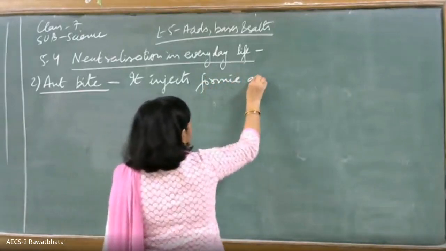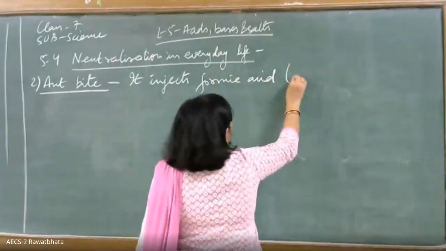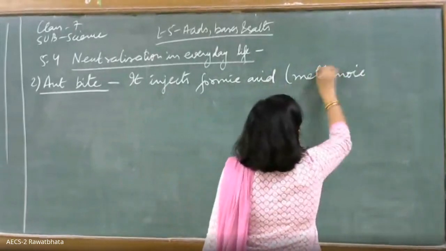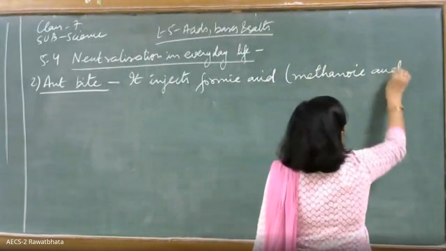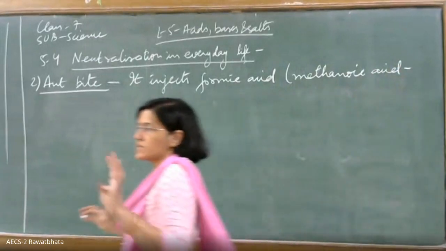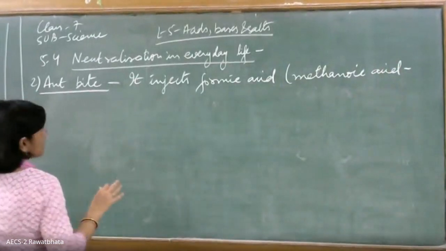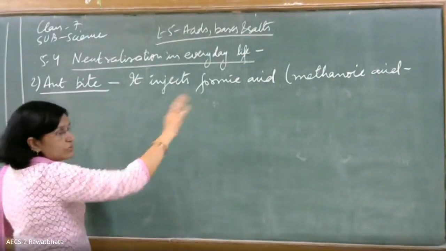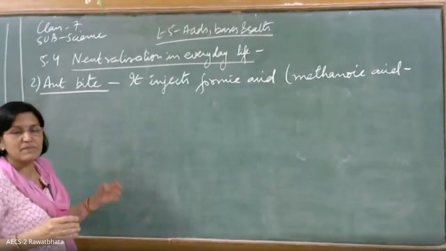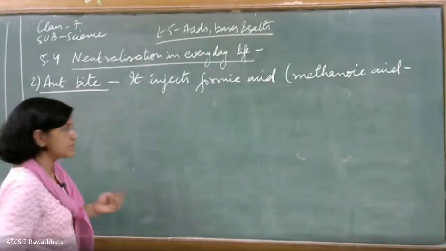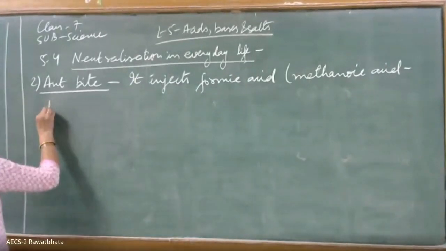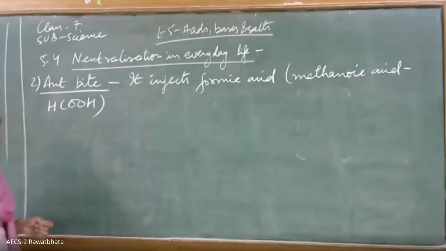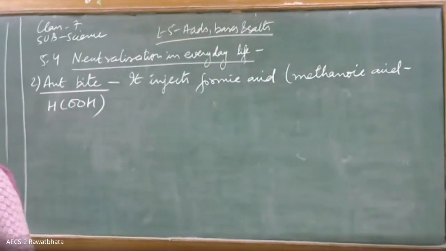Formic acid, or the name you have taken up, methanoic acid. Both mean the same. Formic acid is a common, day-to-day life name, and methanoic acid we say is the IUPAC, that means scientific name. The formula of that is HCOOH. That's an acid it is injecting inside,